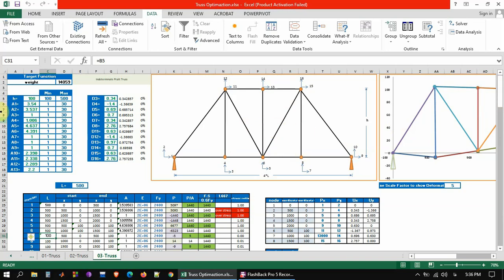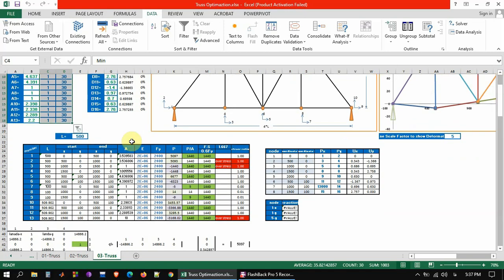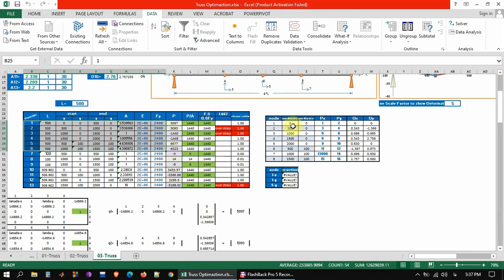And as you see, the height of the truss structure, and the area of each element, we have 13 elements, are going to be calculated by Excel Solver, and we have defined the minimum and maximum constraints for this example, and it is the same as the last example, but just this constraint is different, and it is checked